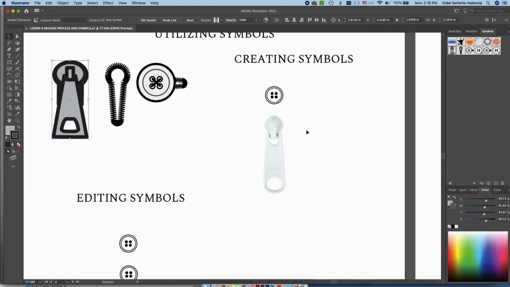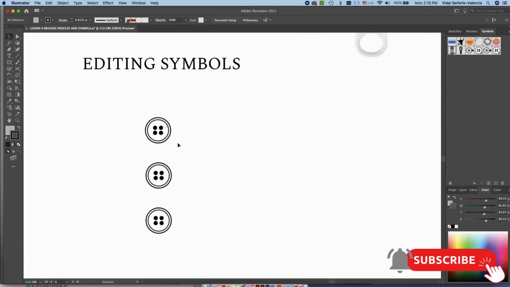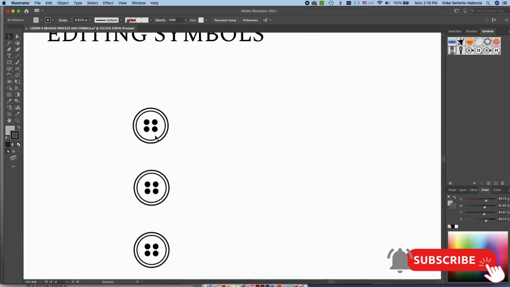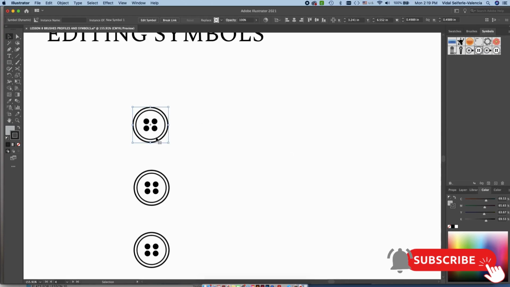You could create ties as symbols, or little knots, like if you're doing things with tie belts or any number of things. But if you want to edit them, that is a little bit of another story, because when you make an edit to a symbol, you're actually making it to everywhere that it shows up. So in this case, I have this symbol here. If I double click on it with my selection tool, it's going to pop up this little window,